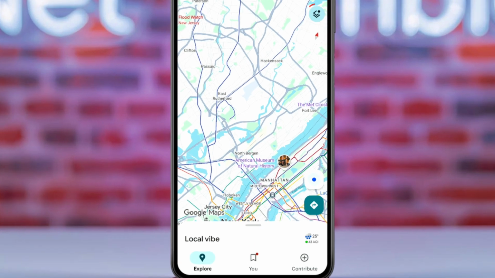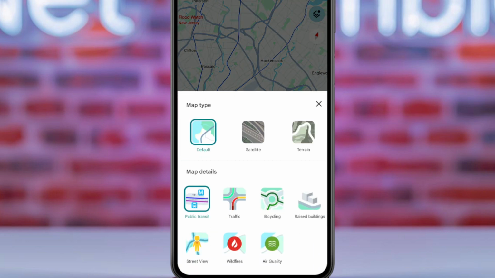Tap the Layers icon in the top right corner. Under Map Type, you'll see options such as Default, Satellite, and Terrain. You can also customize the map using options under Map Details, including traffic, public transport, cycling, 3D, street view, wildfires,